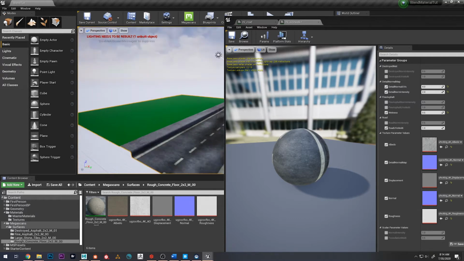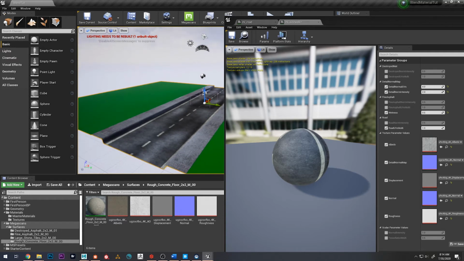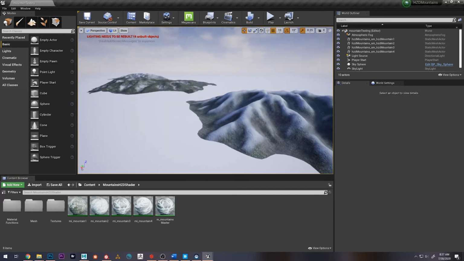Now I'm going to move over to a different scene where I have the splat map version up, and we'll take a look at that, and we'll talk about how we can use that method for the grass. So let's check that out now. So here I am in another scene that I used for a different project, and I've created these 4 mountains using this